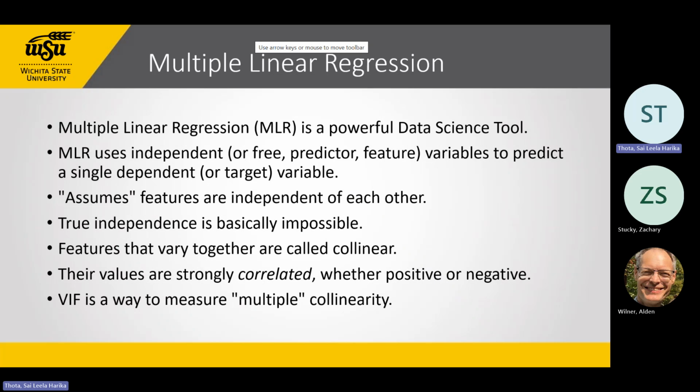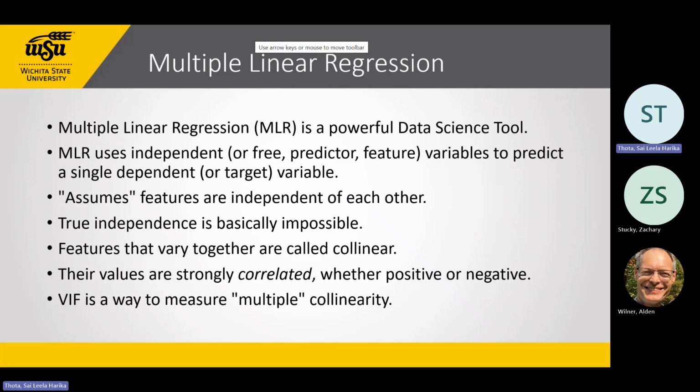Okay. So VIF, basically we need to discuss about VIF because we are dealing with the correlation. The thing is, in multiple linear regression, we will consider many variables, and the target variable will be a single one, but the independent variables will be many, like x1, x2, and x3. Based upon the correlation, we are identifying the target variable, right? Like based upon the independent variables, we are predicting the target variable. So the thing is,